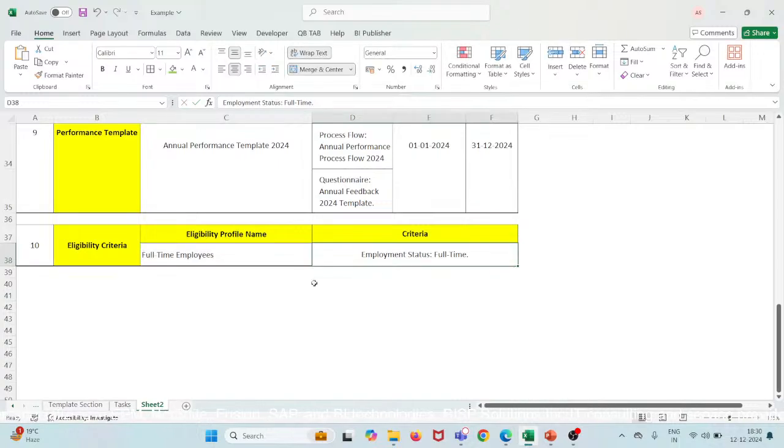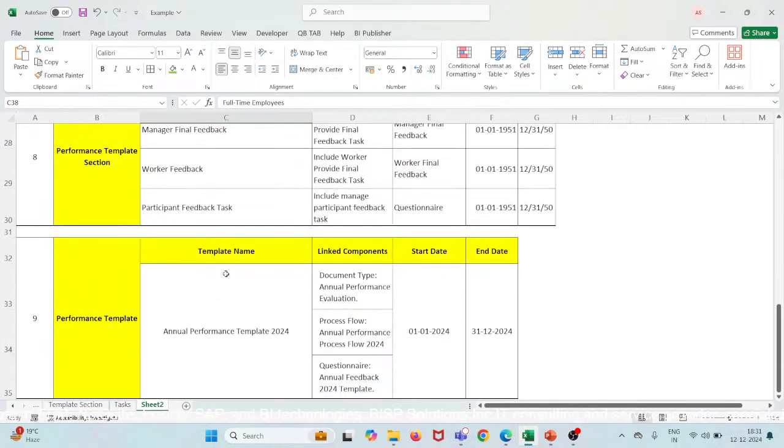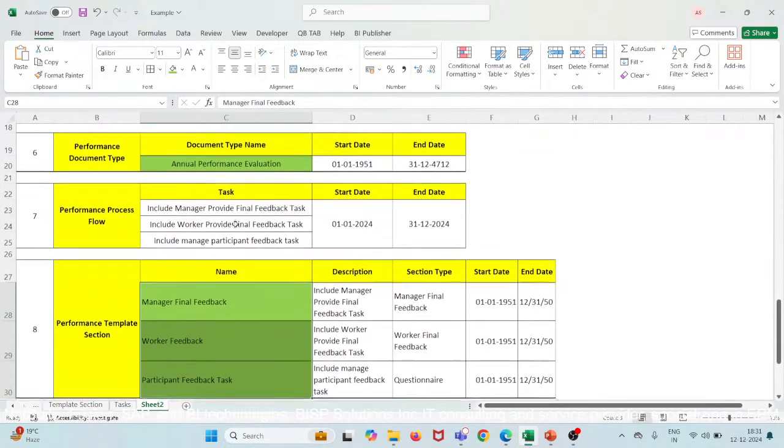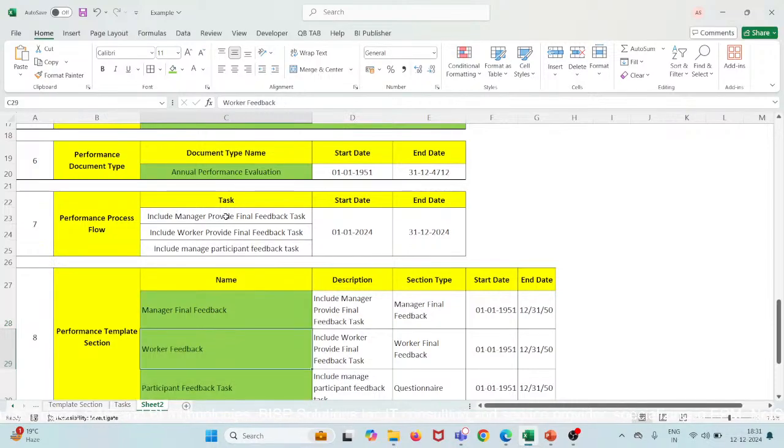So we have created the eligibility criteria as well. This thing, template section, and the